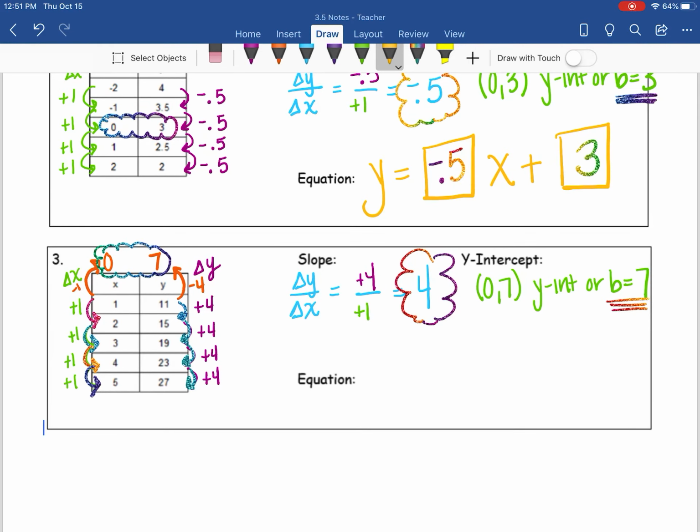So you might have to work backwards in a table on your homework. You might have to do it more than once. We got lucky and only had to go back 1 value. Sometimes you have to go back more, but you still should be able to work backwards in the pattern to find it. All right, let's draw the skeleton equation for y equals mx plus b. Then we're going to fill in our slope, or our m, that we calculated yesterday, which was 4. And then we're going to fill in our b value, or our y-intercept, which we just found today to be 7. So your equation is y equals